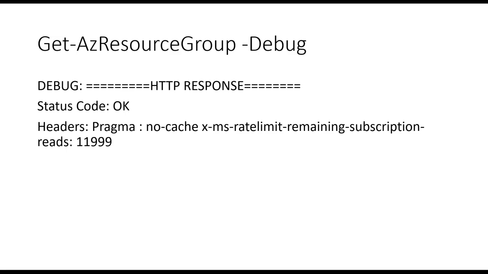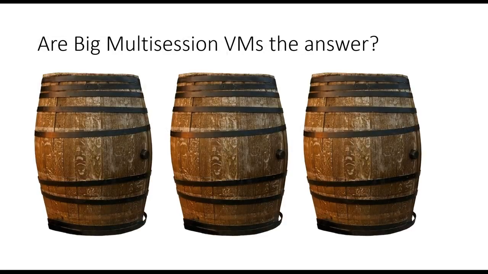Okay, so looking at our problem and then trying to work out some of the answers, right? A big multi-session VM is the answer. Maybe. This depends on your business. Lots of smaller machines may not necessarily be efficient without a predictable user pattern. So larger machines can be more difficult to clear and shut down. So it's not necessarily the answer, although it may help you with your costs. So there's no direct answer to this, right? You've sort of got to work out what's better for your business model and what your user experience needs to look like.